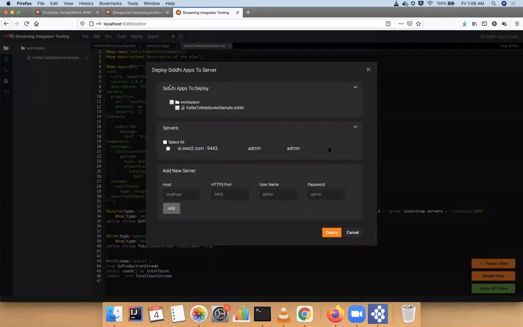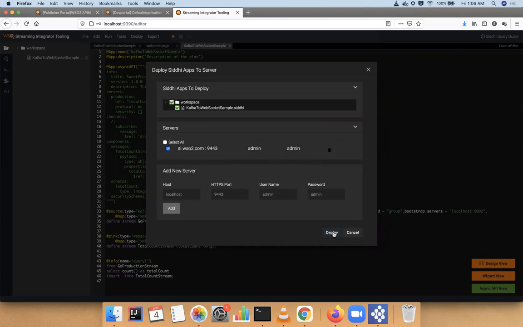To deploy this, you can go here, and then you can select the project. And this is my cloud runtime. I have already configured this one. So if you know your server URL and the credentials that you need to connect to that cloud, you can provide them here. Then you can click here and deploy your service.